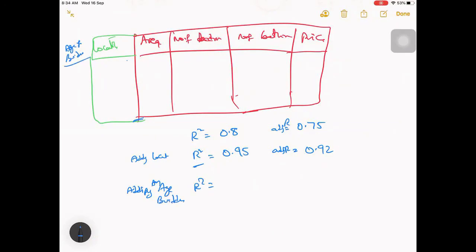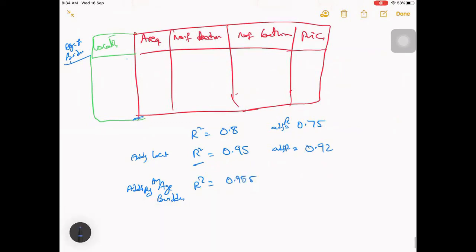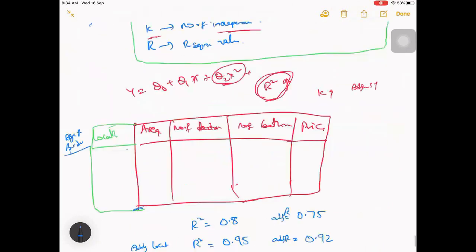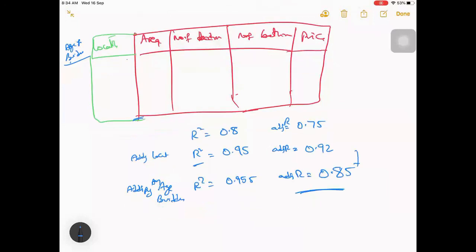By adding this new thing, it actually has no impact on price, but you just keep on overfitting, and R square may slightly increase to 0.55. It won't increase even 0.1, maybe to some 0.55 it has increased. Your error has decreased slightly more. But your adjusted R square, because your R square has not changed much but you have added a new variable, will significantly decrease. Because of this, we can say that the variable we have newly added doesn't make sense to keep, and we can remove it.